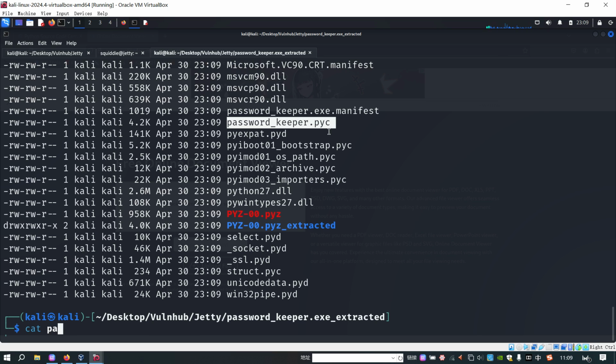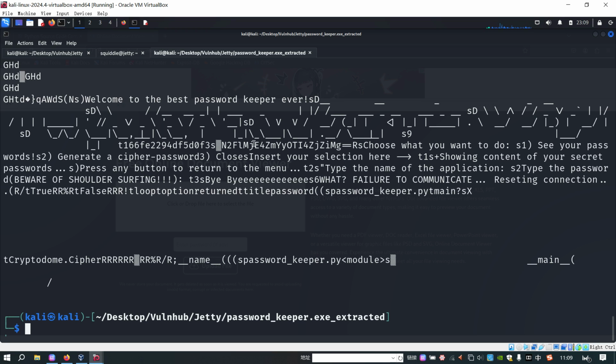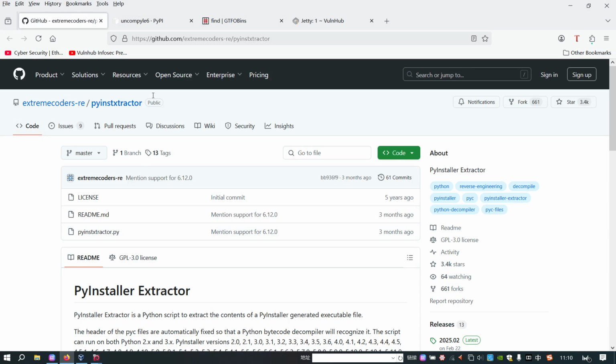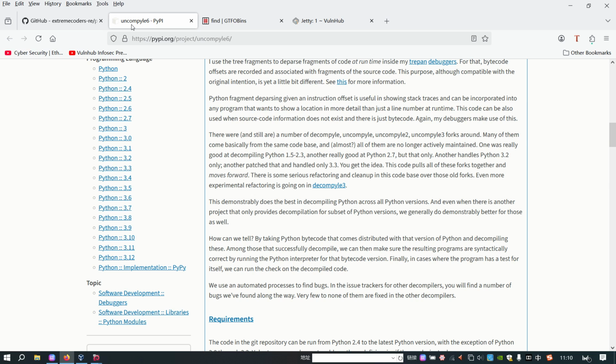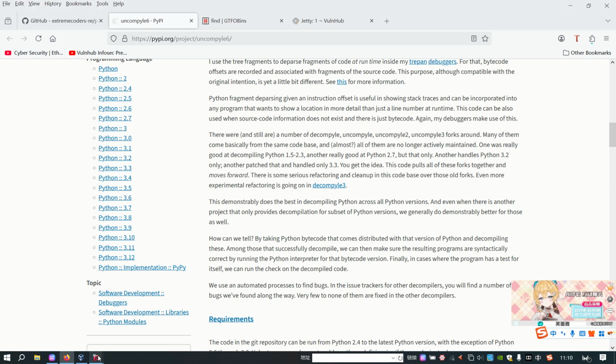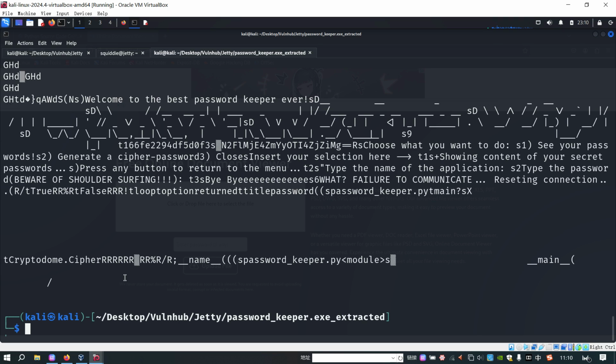Although at this point we cannot get its source code yet. We need to go further. We need to use a utility like uncompyle6 to convert the PYC file to a Python script. But